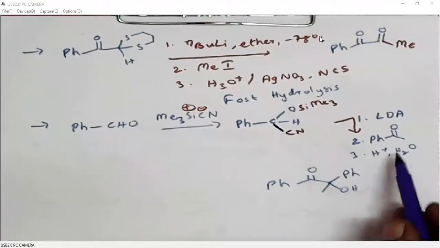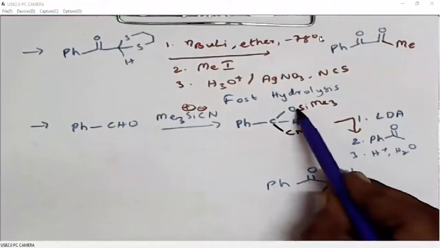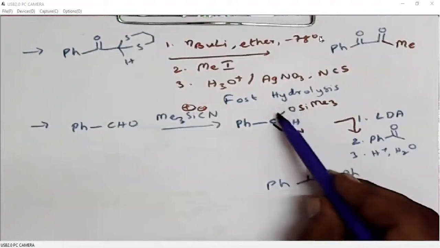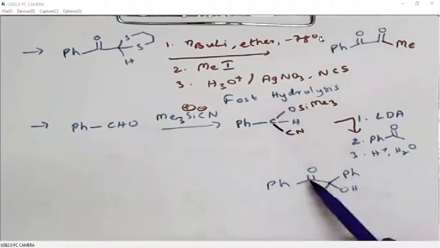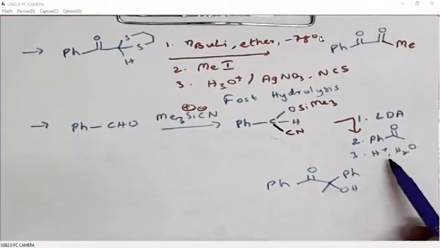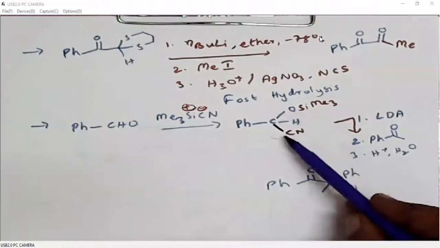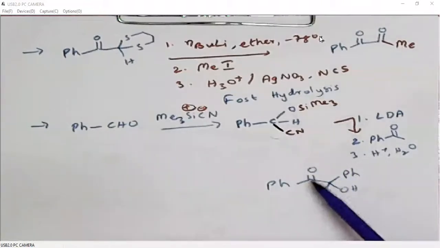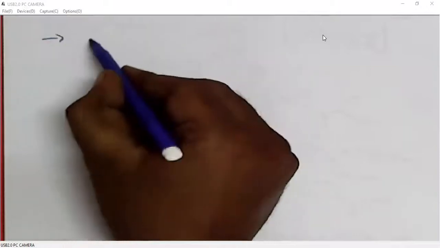hydrolysis conditions. When we add acid, the oxygen silicon bond will undergo breakage. So the negative charge on oxygen will be polarized towards carbon to generate the C double bond O. Because cyanide is a good leaving group, cyanide will be leaving. So under acid hydrolysis, this protecting group can be deprotected to generate the carbonyl back. I'll give you some practice problems.